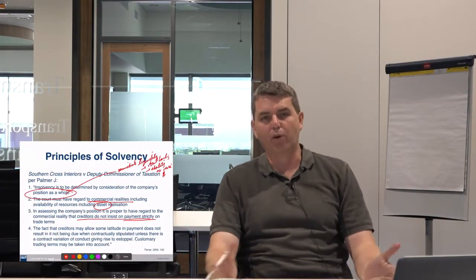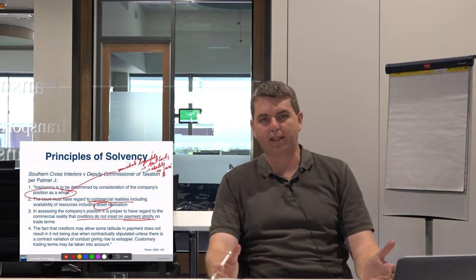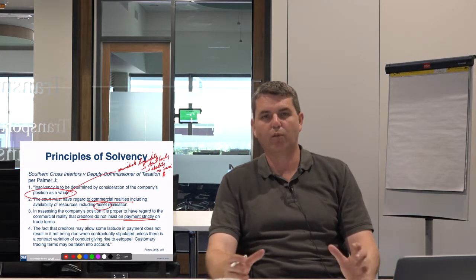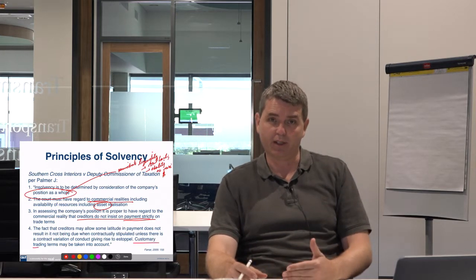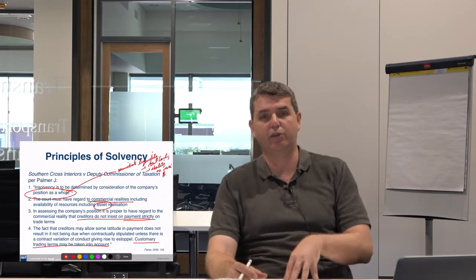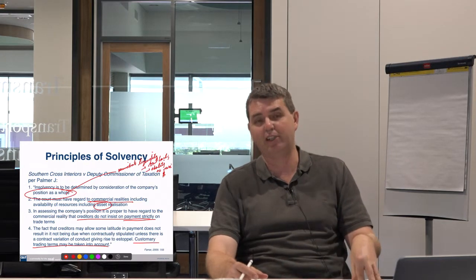Probably the most important thing about solvency is to understand why we have it, because this section is quite onerous. If a company trades while insolvent and the director is found to have breached Section 588G, the director becomes personally liable for all of the debts that are incurred after that point. Quite literally, that can be millions and millions, in some companies, tens of millions of dollars. Far more than the fines you get for the breach of self-dealing or due care and diligence, right?